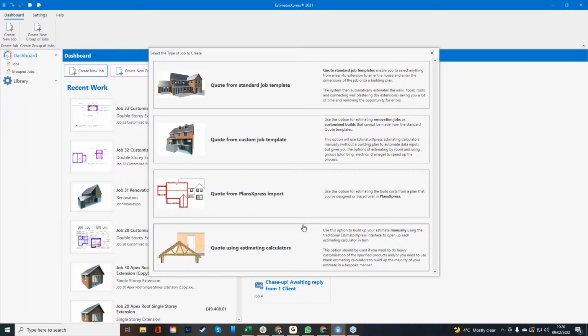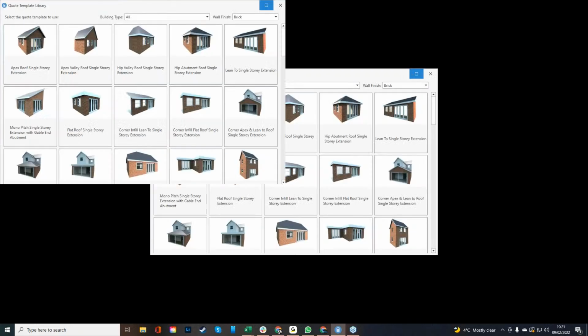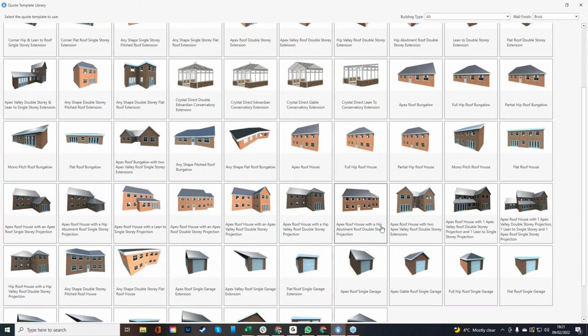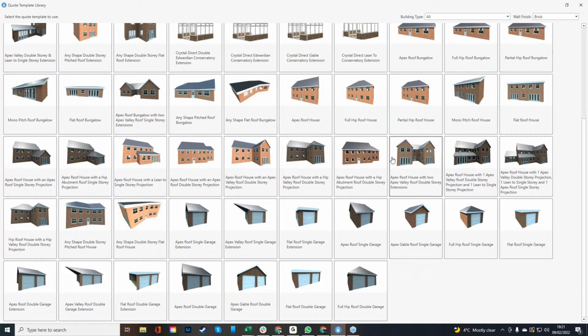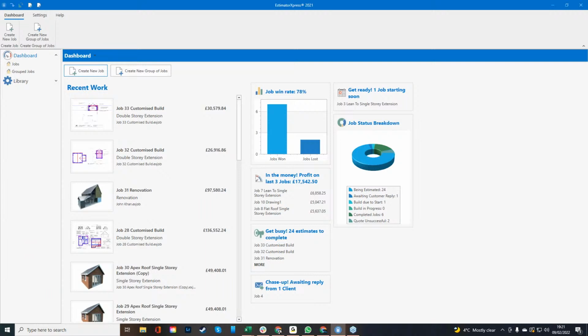Okay, so we're going to go up to the top, quote from a standard job template. I'm going to select this one here, and then you can see the templates that we have in the software. So we have single story extensions, wraparound extensions, multi-story extensions, single story and multi-story mixed. We've then got conservatories, orangeries, bungalows, houses, apartments, flats, garages, detached and attached, depending on what you want to work with. I'm going to go for a single story flat roof extension, because I haven't done one in a while. Okay, so once we've done that there,